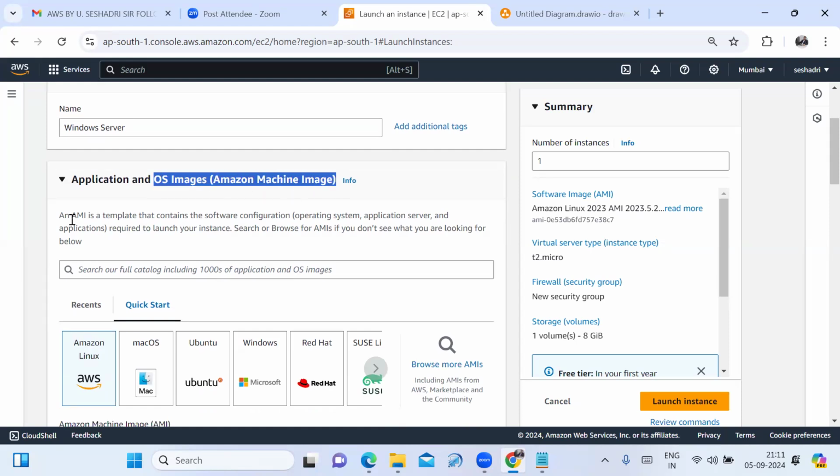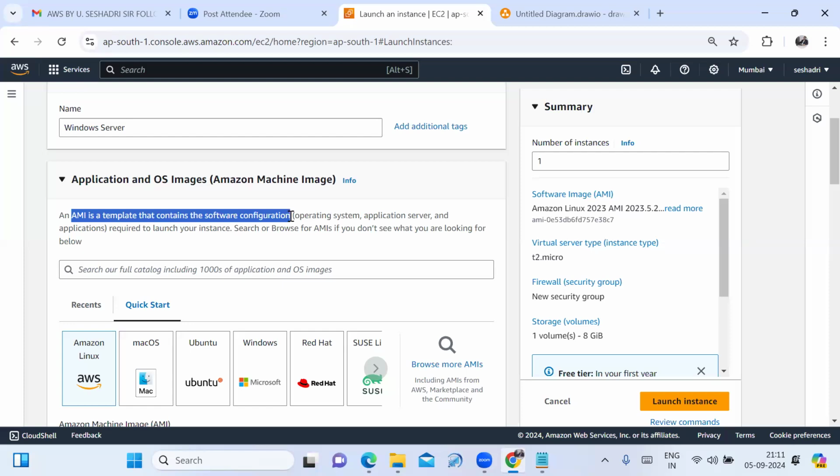Here it is specified that an AMI is a template that contains software configuration. It includes the operating system, application server, and the applications required to launch your instance. You are launching the Windows server, that's why you are selecting the operating system as Windows.